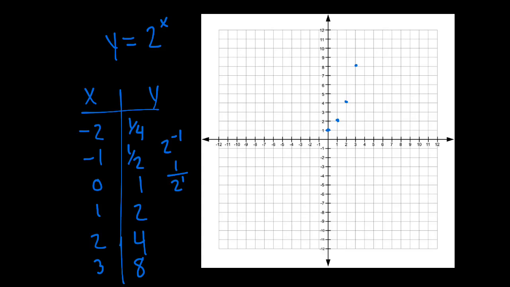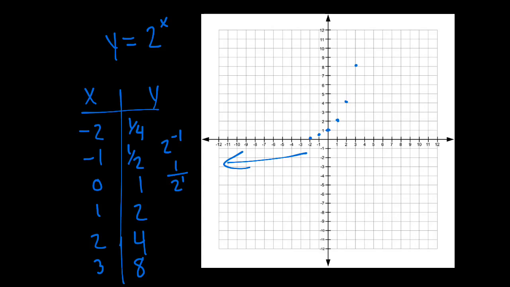With a lot of these graphs, it will not take long for your graph to go up and off your charts, again, because they grow so fast. (-1, a half), and (-2, a fourth). We'll just do our best. Let's think about this real quick. What's going to happen as our graph goes far out to the left? We would keep plugging in